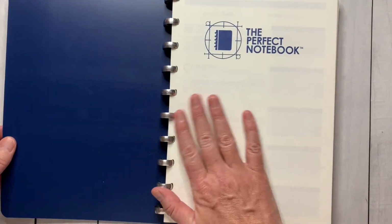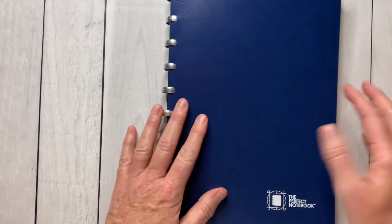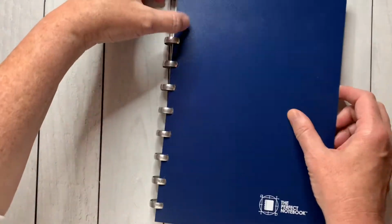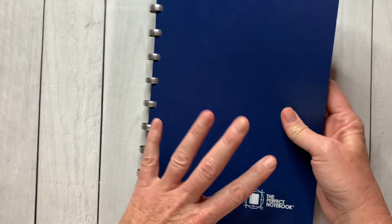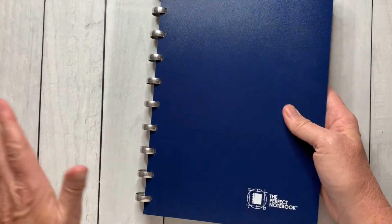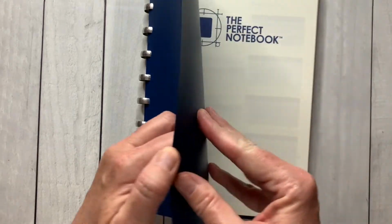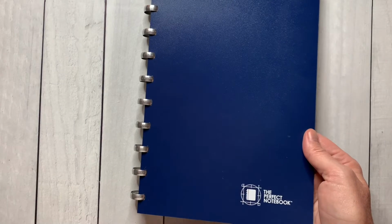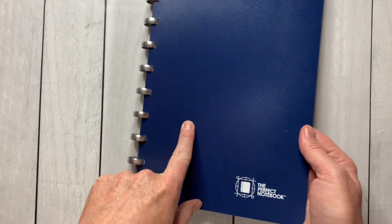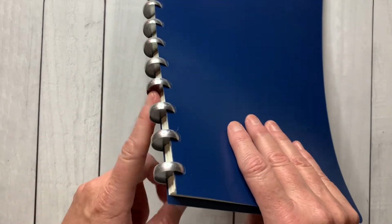One of the things I really like about this planner, first off, is that it's unisex. It isn't particularly girly or manly, but it's just nice. It's a planner that anybody will feel good carrying around. It's got this nice heavy laminate cover. I understand from the company they're working on some new covers, and they're also working on different sizes of the